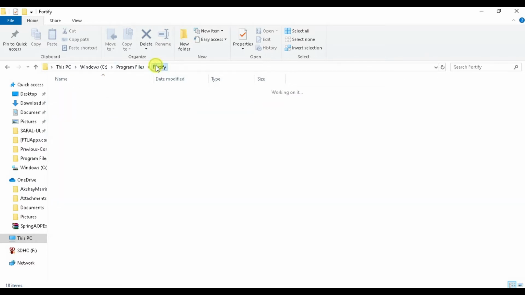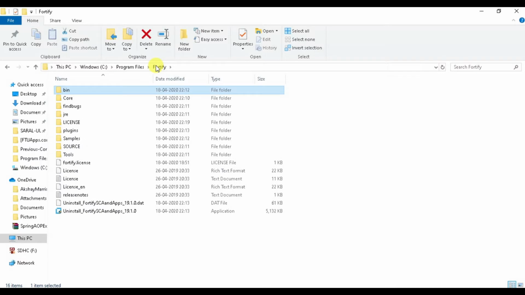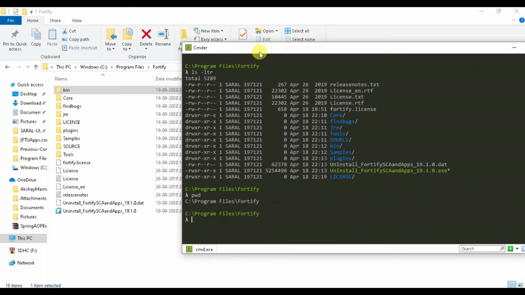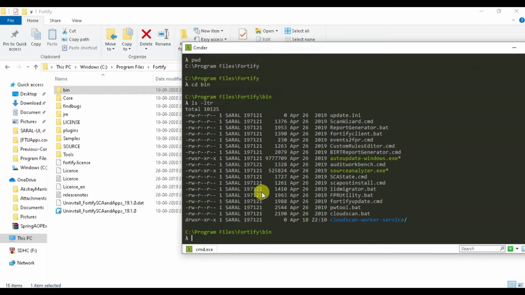Okay, so let me open Fortify. I have been using Commander, and right now I am in this directory. To launch Fortify I have to go inside the bin directory and see what files I have.